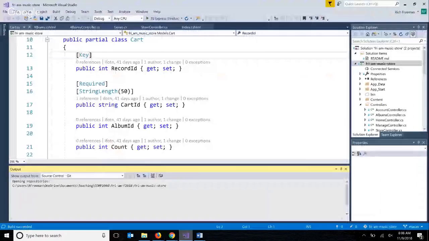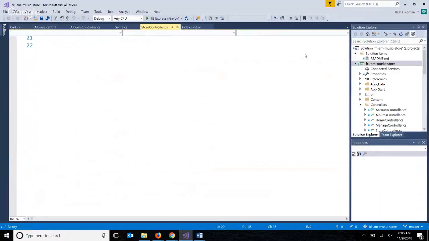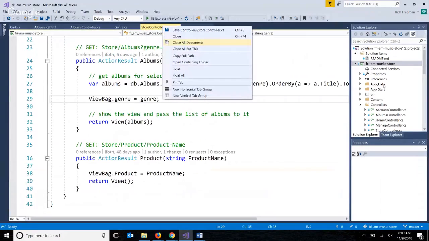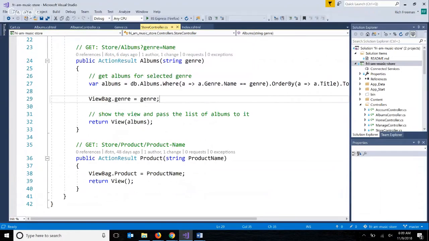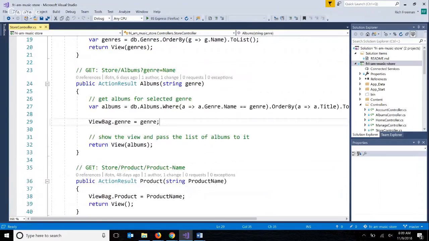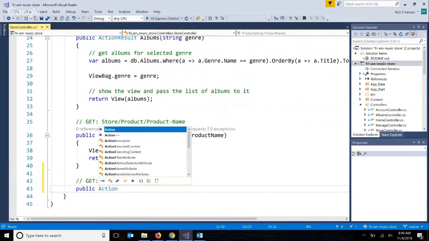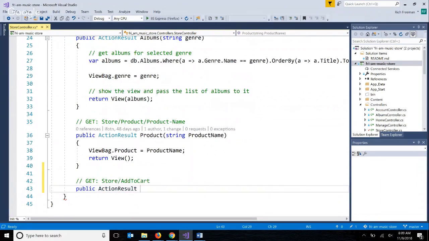So let's open up our shopping cart controller. Sorry, our store controller, which we do have open from last week. So the first thing we need in here is an add to cart method. I'll just go down to the bottom. Store add to cart. We can start creating a new method called